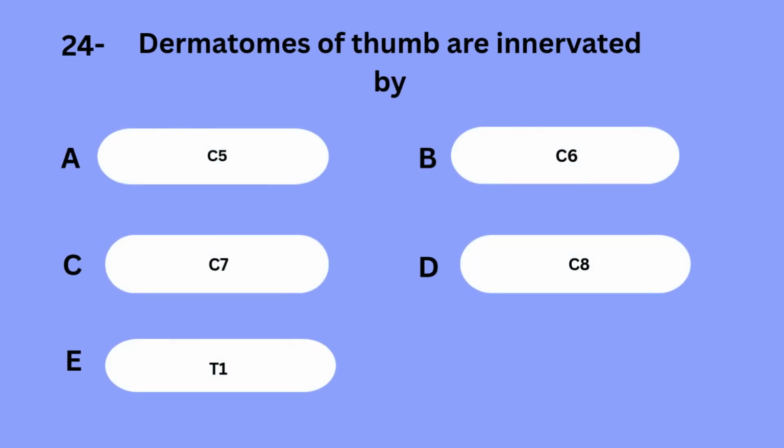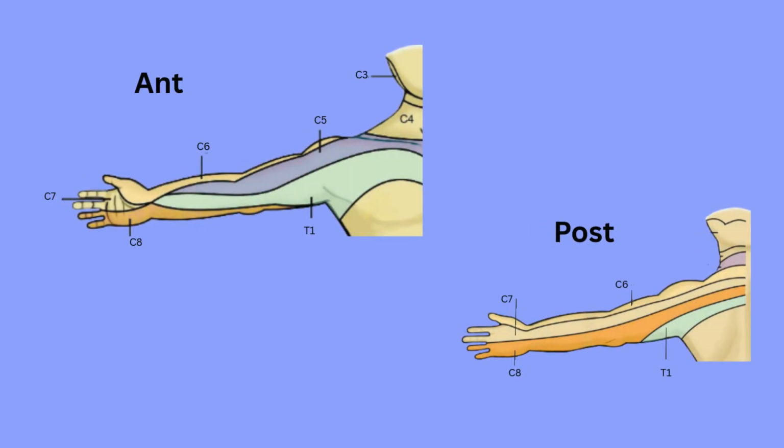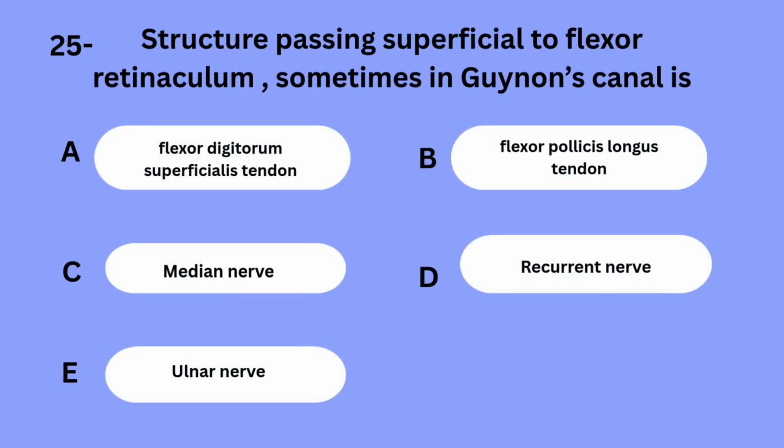Dermatomes of thumb are innervated by... Structure passing superficial to flexor retinaculum, sometimes in Guyon's canal is